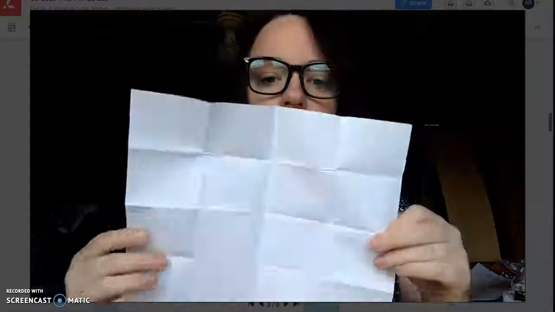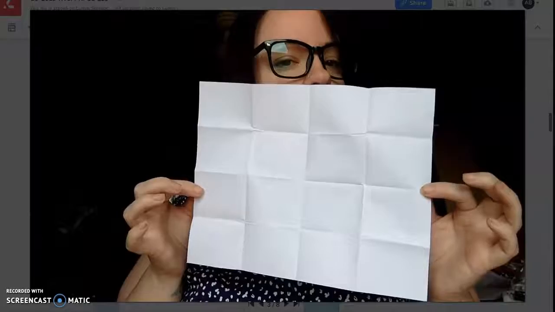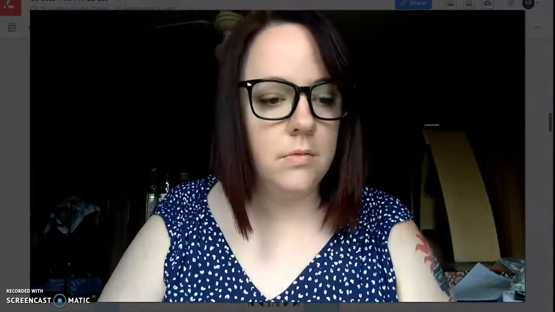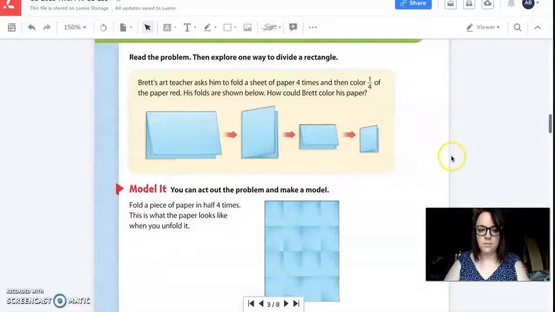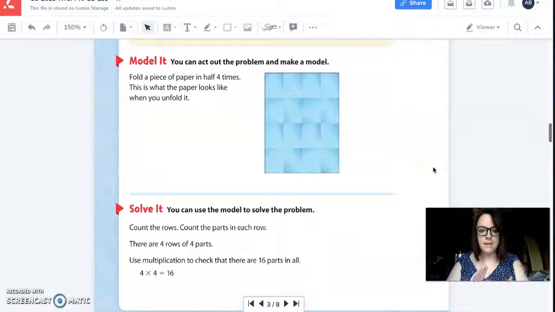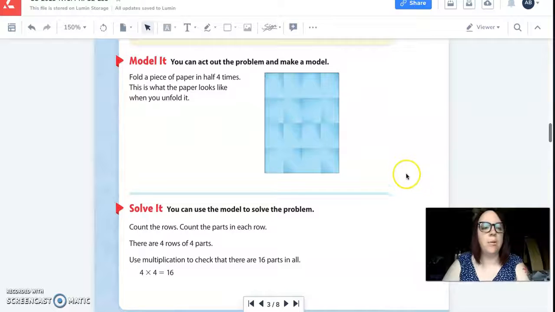Oh, let's see what we got here. Ooh, look at this. Did pretty well at folding. Nice. All right. Now we are going to move on to see what we have to do with it. All right, I did it. I modeled it. All right, so this is what your paper looks like. Now he wants us to solve these problems. Okay, perfect. But we're gonna run out of time,